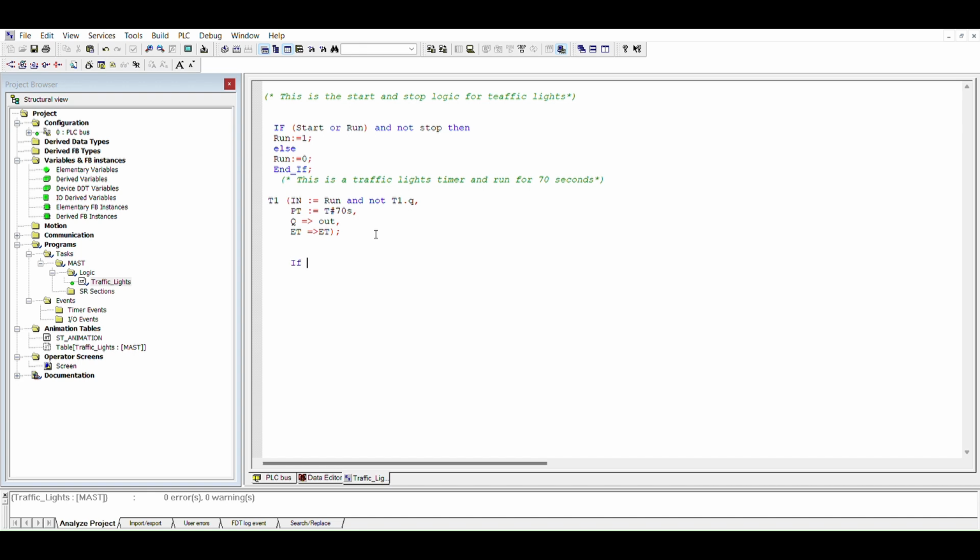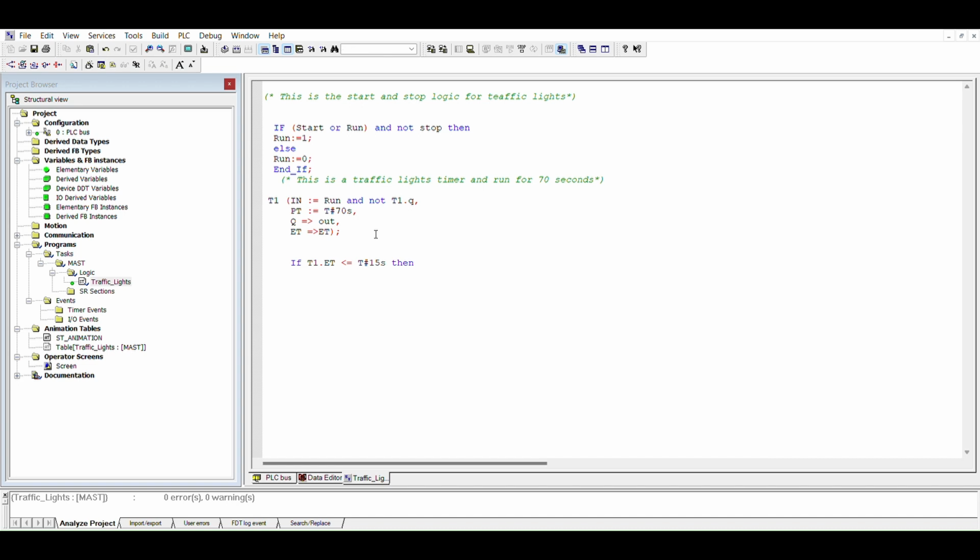So if T1.ET is less than or equal to T#, that's the syntax for the timer, 15 seconds, 15s, then